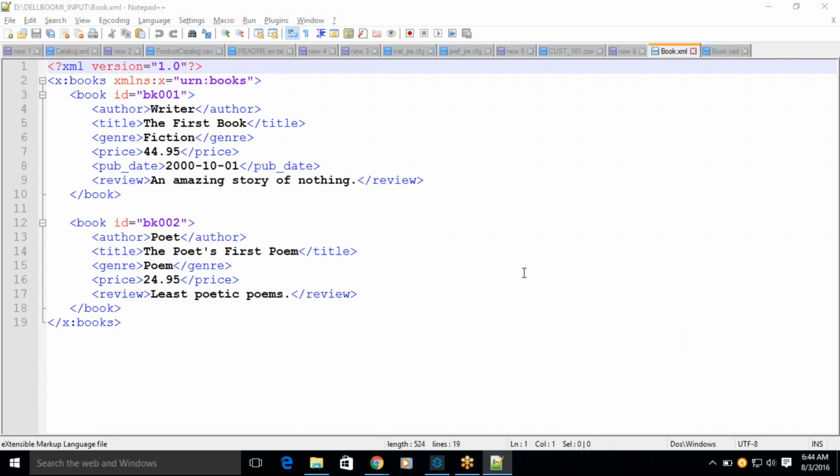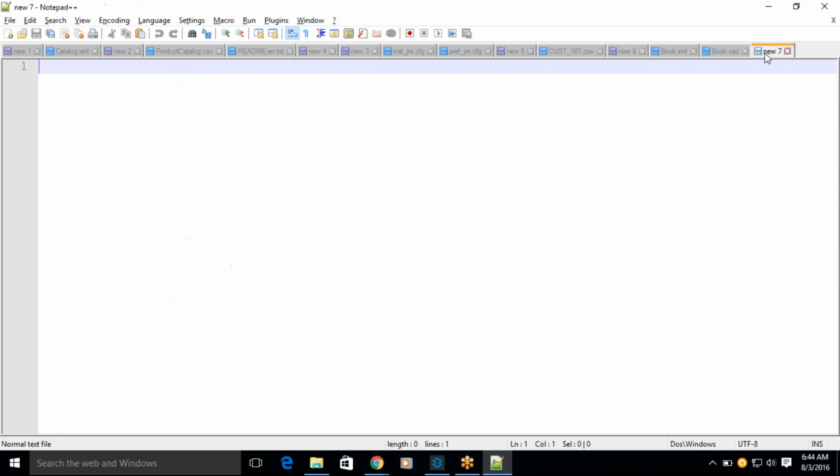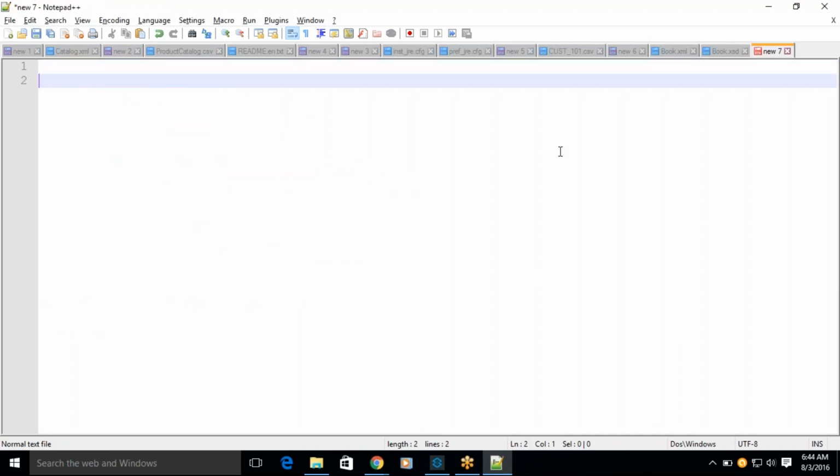Okay, right. Now we'll see what XML is and why we use it, and the main syntaxes of XML. XML is basically used for transportation purposes, and let's say